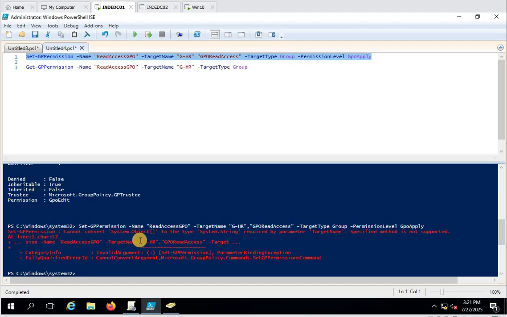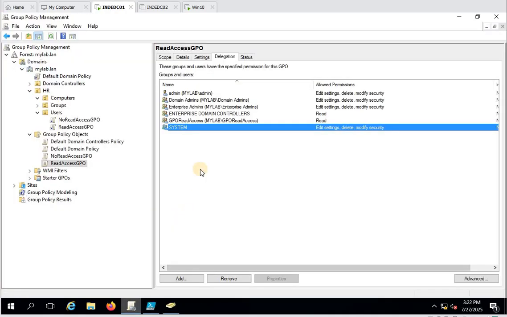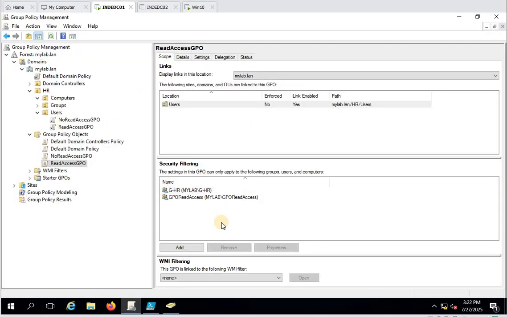Set permission cannot convert. So we can't add multiple groups simultaneously, as we saw, but we can